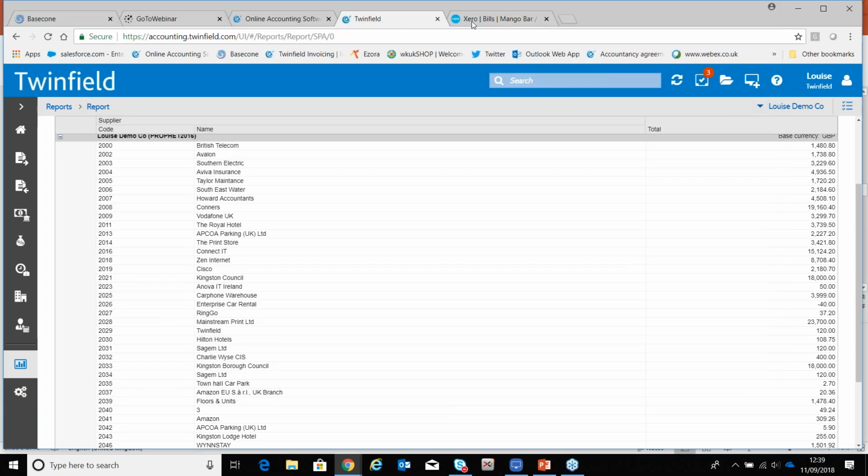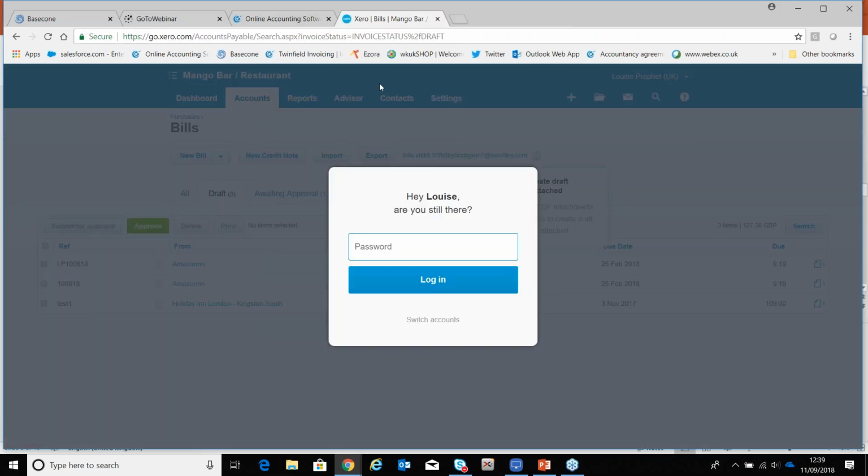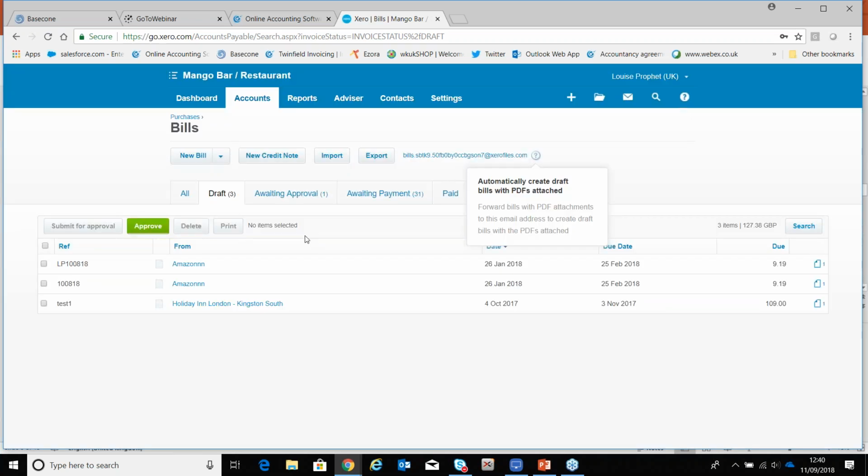Okay, so enough about Twinfield. I am going to whiz through this on the Xero side as well. So let me just log into my Xero client, which is Mango Bar. So just log back in. What you will see when we're in Xero